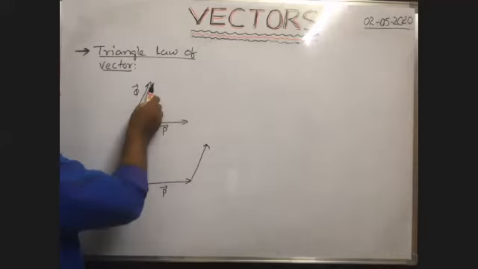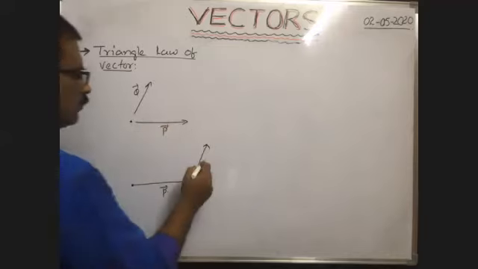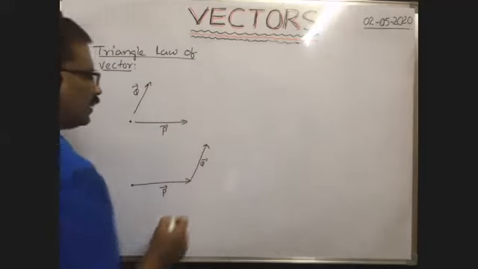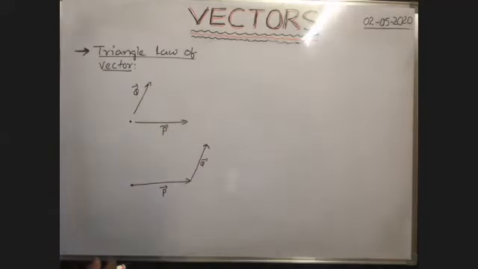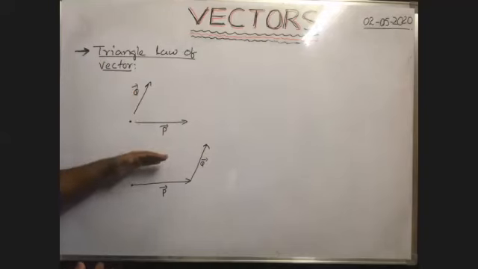Magnitude is also the same now. Directions are also the same. That's why this is the equal vector of this one. That's why it is equal to q bar. Now you see here, the given two vectors p bar and q bar are both taken as the adjacent sides